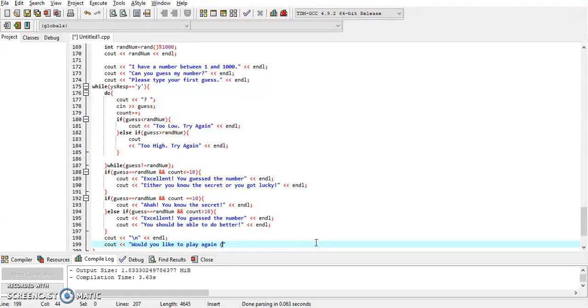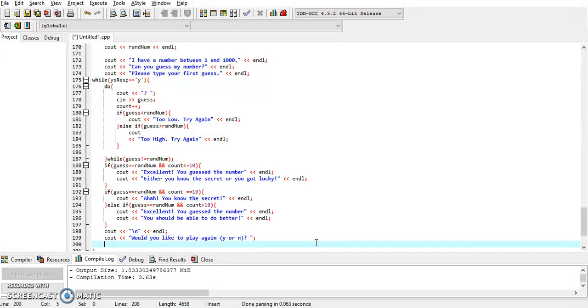And then we'll have, alright, y or n for either yes or no. Let's say we have a question mark there, give a spacer, and we'll just take the input from here, and we'll cin that into the response. So this is the sentinel control value that would be entered in there, and what we'll do